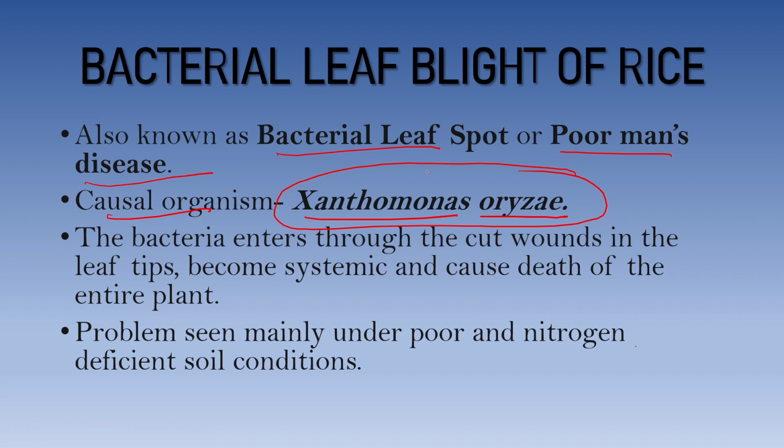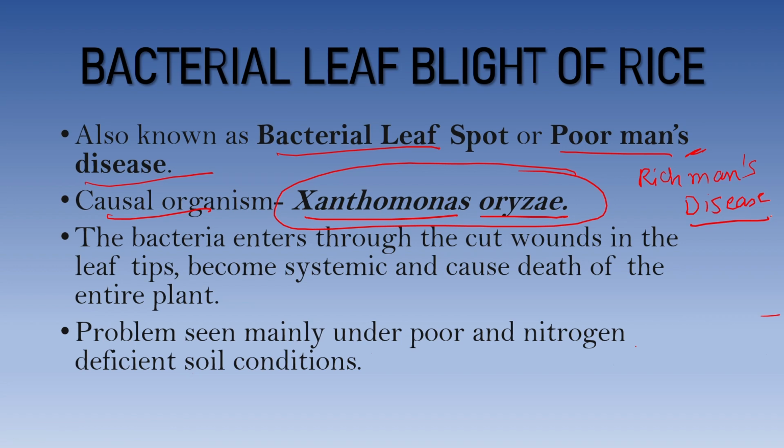Xanthomonas oryzae is the causal agent of bacterial leaf blight of rice, also known as bacterial leaf spot or Postman disease. As we are studying Postman disease, there is also Richman disease. If anyone knows what Richman's disease is, then write in the comment section and I will pin the right answer